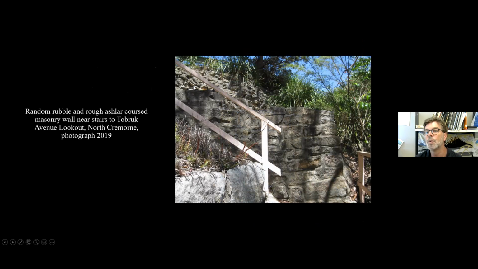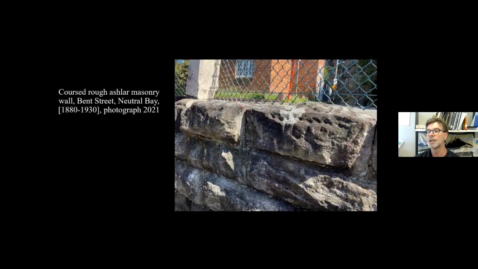I don't know, I'm assuming that that is sandstone blocks there, but it may be a different type of stone, a type of pebble or river stone that's been sourced from somewhere else, or is evidence of some older geology. I'm really not sure, but this is all typical retaining wall used from the turn of the century through to the 1940s to create pathways and steps and parks and garden beds in parks all over North Sydney.